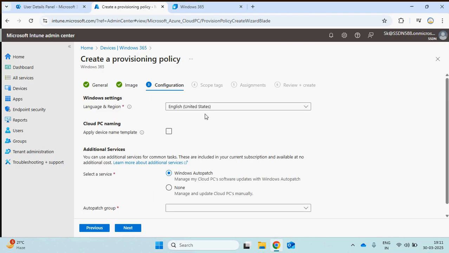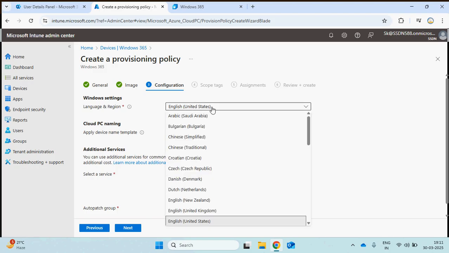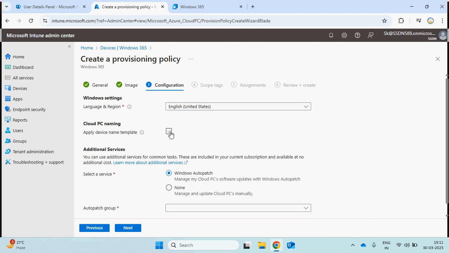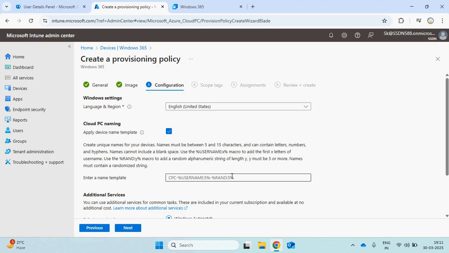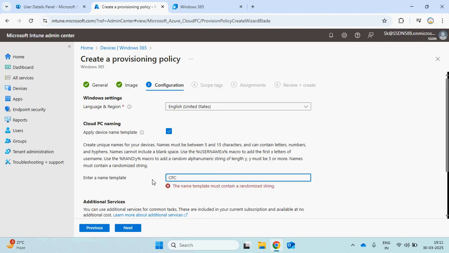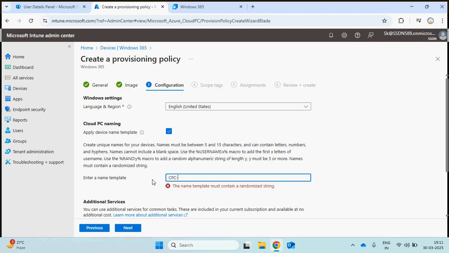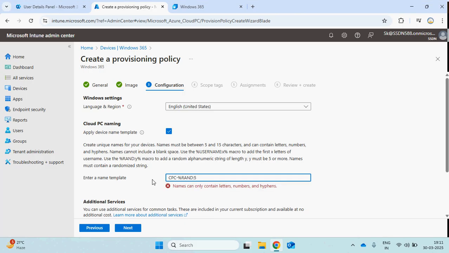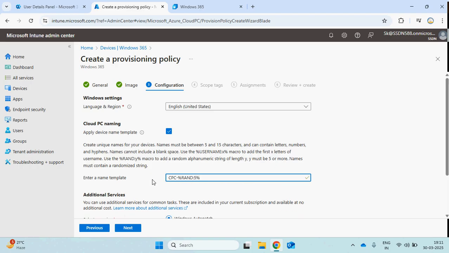Click next. You can choose the language, whichever you want. All the language options are here. I am okay with English. Then it will ask you what name you want to give to your PC. Let's suppose I want to give CPC, then a template name, a random number, and value right here.